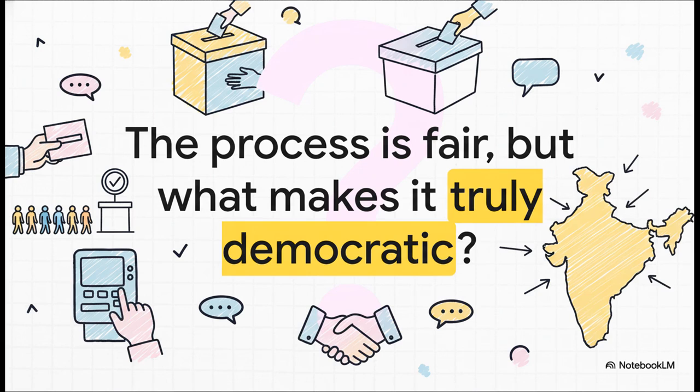So, we have journeyed through the entire election process, from the first announcement to the final results. We've seen the many steps and rules that are in place to make sure our elections are free and fair. This brings us to a bigger question to think about. A well-conducted process is one thing, but what is it that truly makes it democratic? That is something we will explore next, when we look at things like voter participation and how the election results are accepted by everyone.